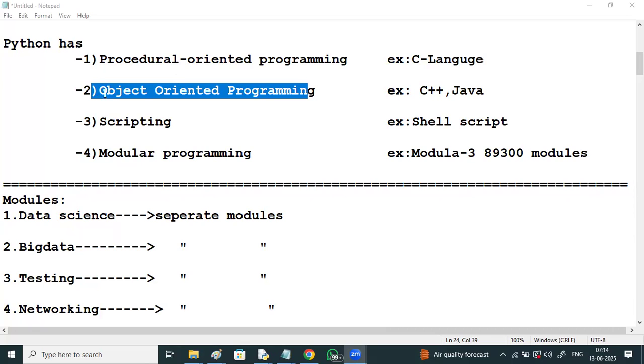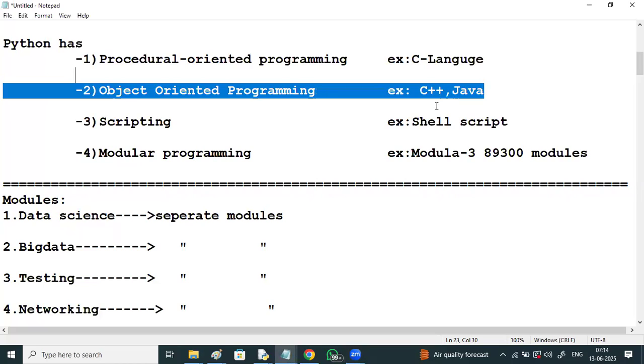It has object oriented programming features like C++ and Java. It has scripting features like shell script, and modular programming features like Modula-3. So